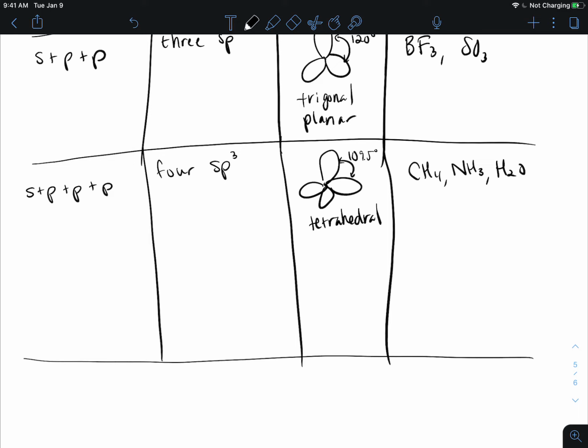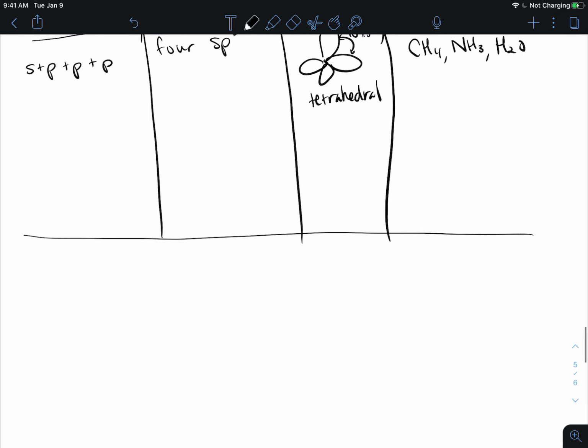So in order to look at our other geometries, our trigonal bipyramidal and our octahedral, we're going to have to look at those expanded octets a little differently. So atoms